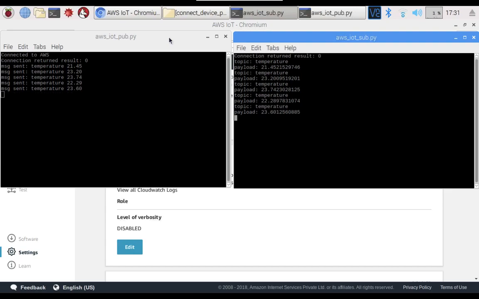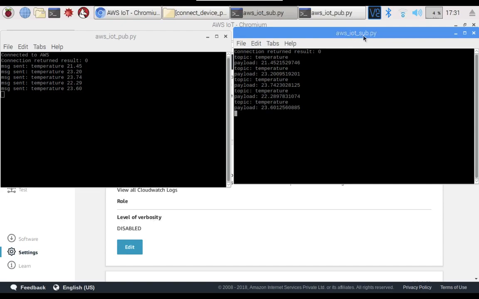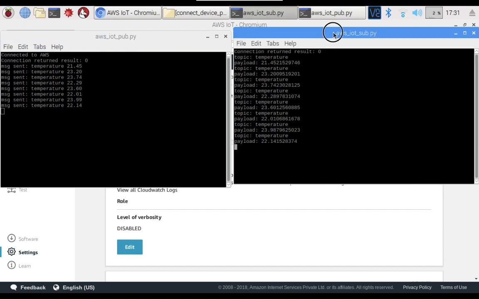In this case we have only one subscriber, that is AWS IoT sub.py. This is our subscriber. You can check here, whatever data our Python publisher script is publishing, all those values are received by the subscriber.